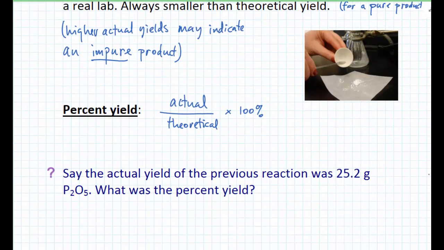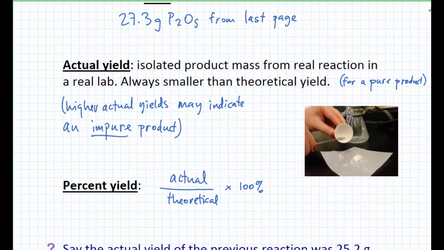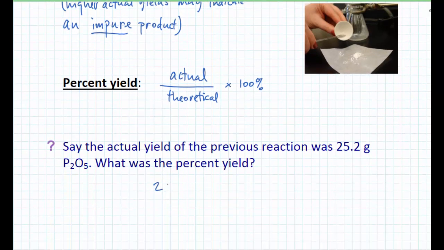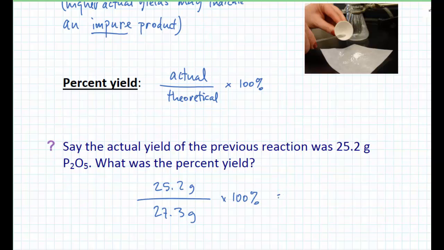So let's say that the actual yield of the previous reaction was 25.2 grams of P2O5. What was the percent yield? We had calculated the theoretical as 27.3 grams, so all we have to do is do 25.2 grams divided by 27.3 grams. The actual yield, you'd have to be given that in a problem, unless you were to go to the lab and do the reaction yourself on an exam or assignment or something. You'd have to be told what the actual yield was. If we did that, it would just be a fraction out of 1, so we have to do times 100% to make a percent out of it. So I got 92.3%,